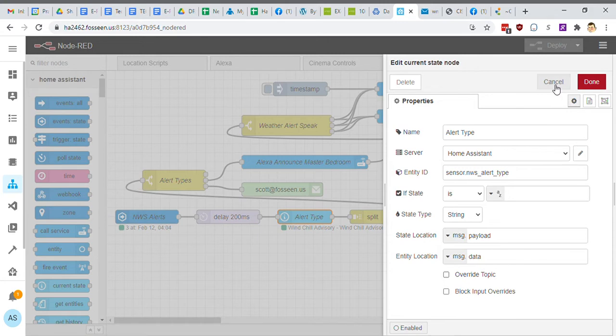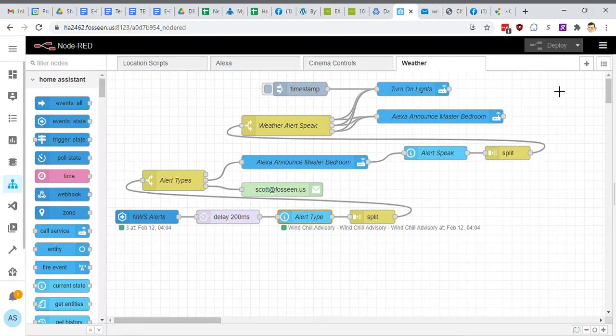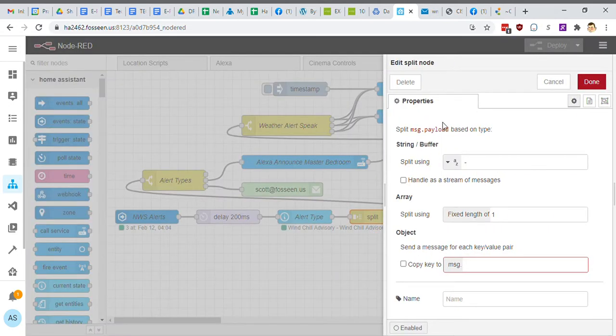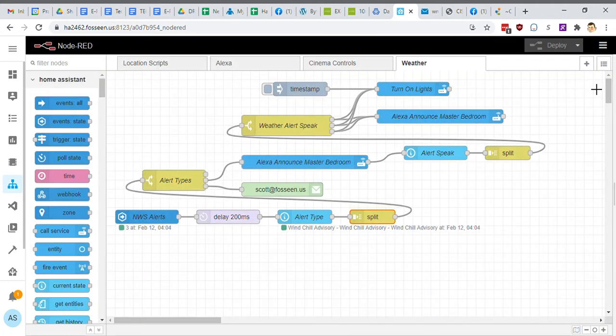The main reason I did that, I know I could extract it out with a few different things, but I still wanted to get the three items separated with a dash. And this was the first time I found the split node, and that worked out really well for here. Split node type, and I'm looking for the string dash, and then all that set up. So what this does is it basically takes those three separate messages. It sees the dash, and it spits it out as three messages, and they all come into this alert